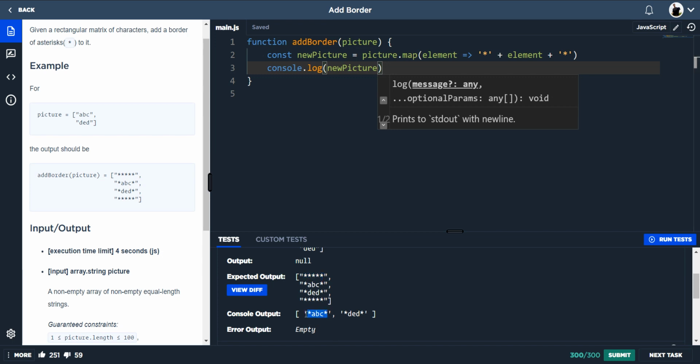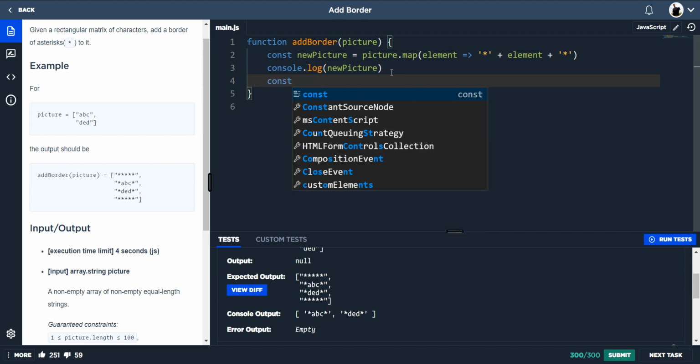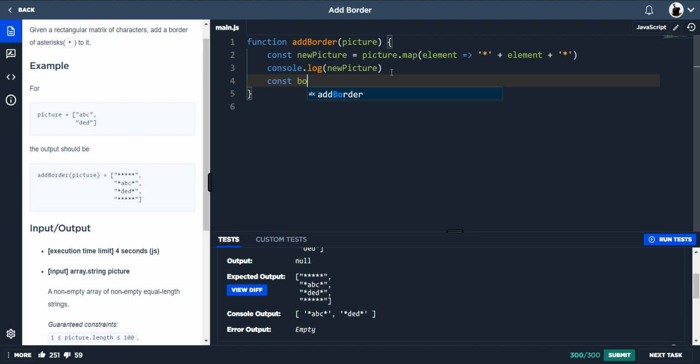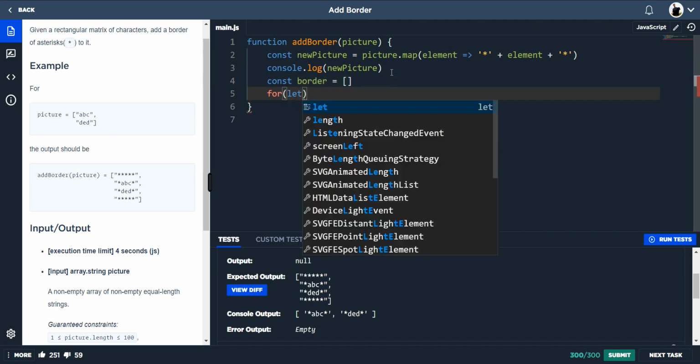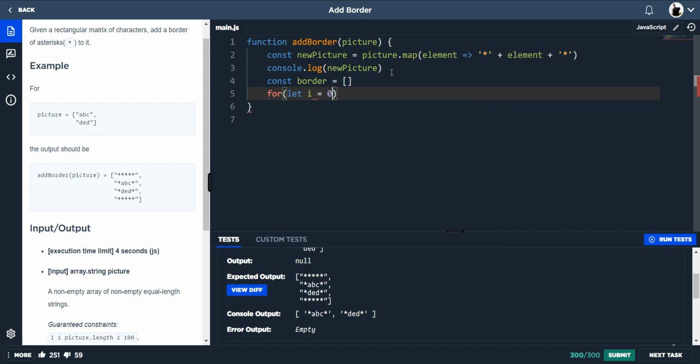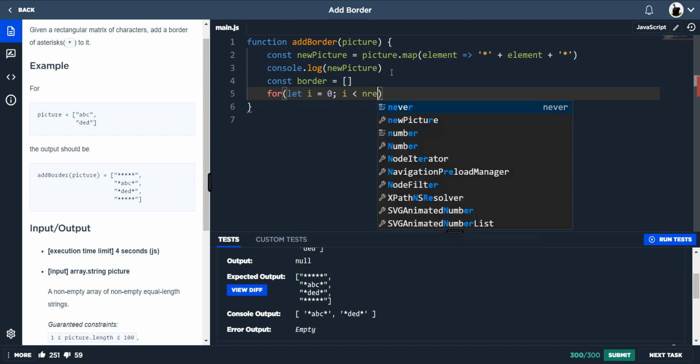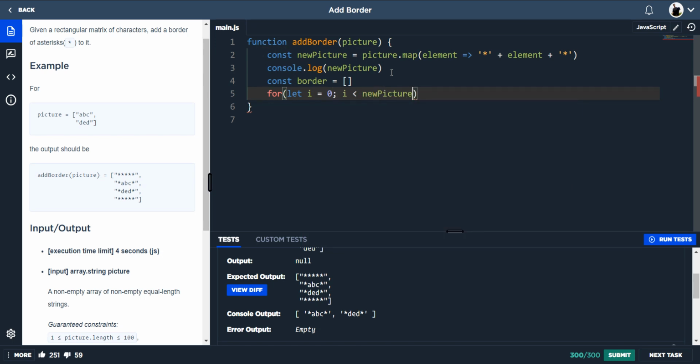There's probably a more efficient way of doing it, but if we do const border is equal to an empty array, and then loop through the length, so let I is equal to 0, I is less than new picture's first element's length, increment I by 1 each time,